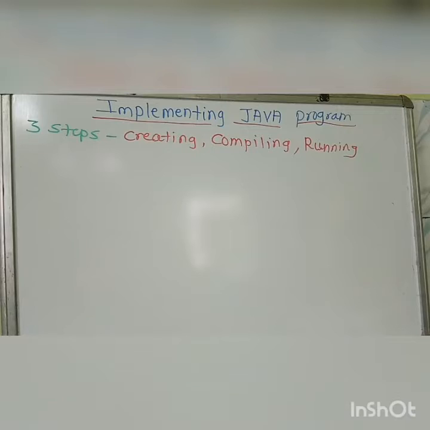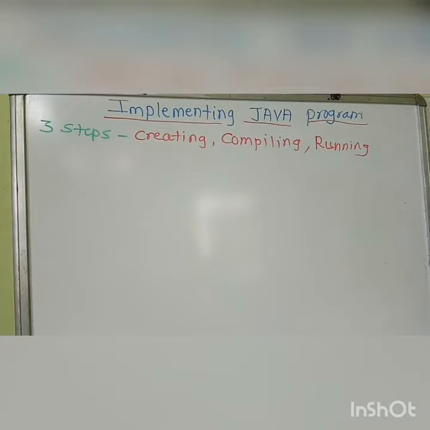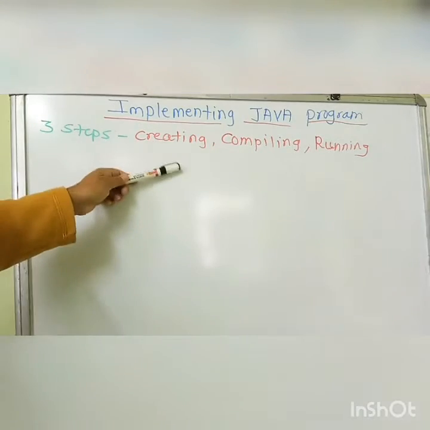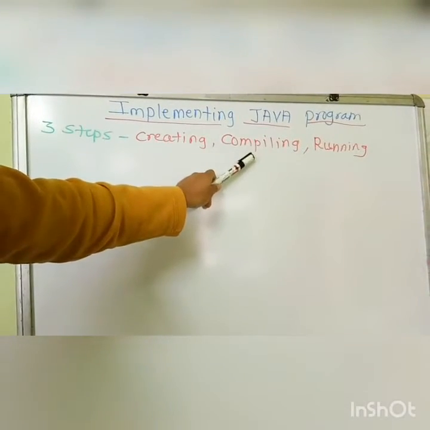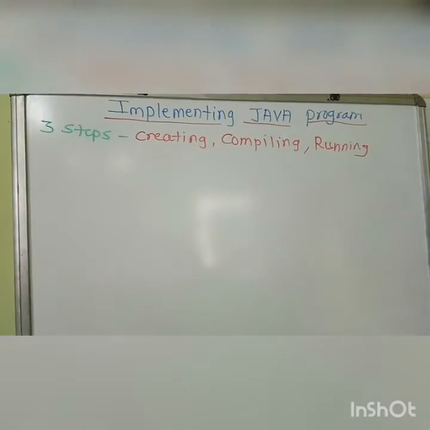In this video, we will see how to implement a single Java program, that is, how to accomplish any task using a simple Java program. For that we have to follow three different steps. First of all, creating a Java program. The next step is compiling that Java program, and the last step is running the Java program. Now we will see the first step, that is